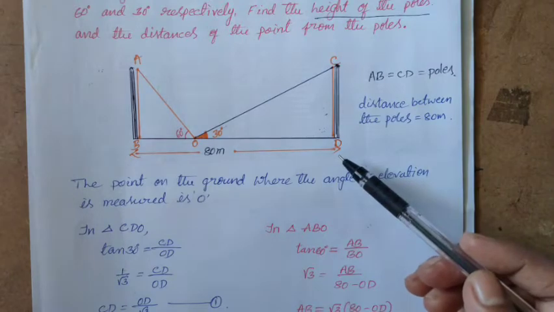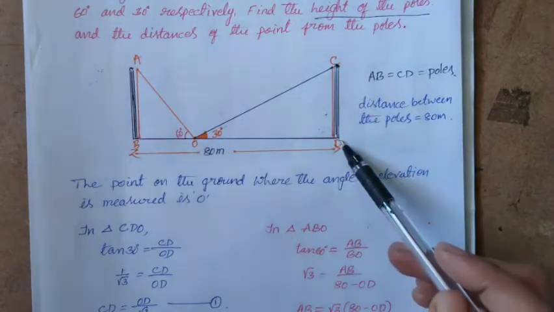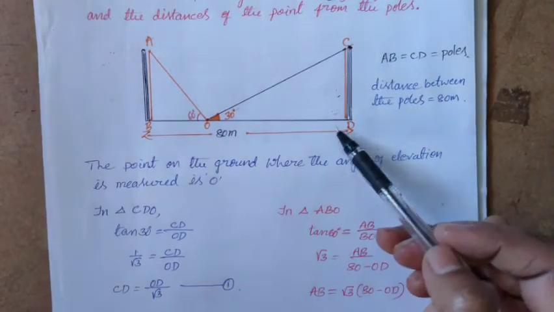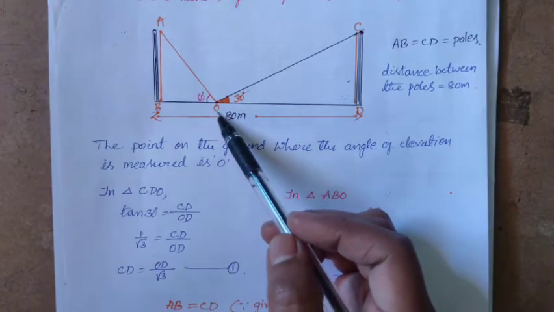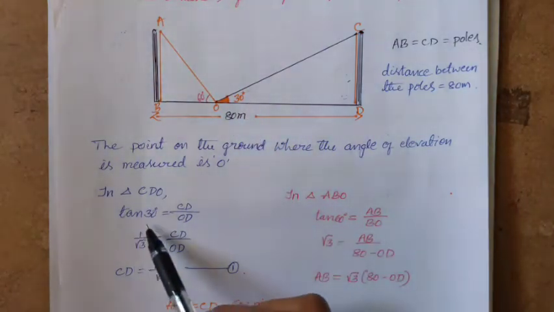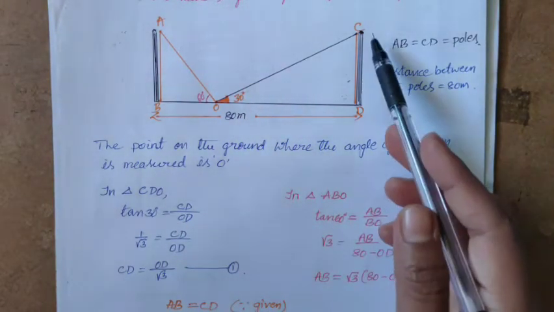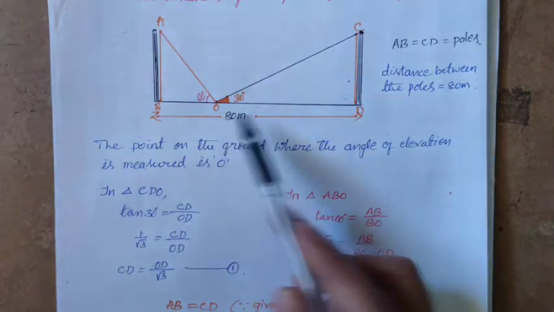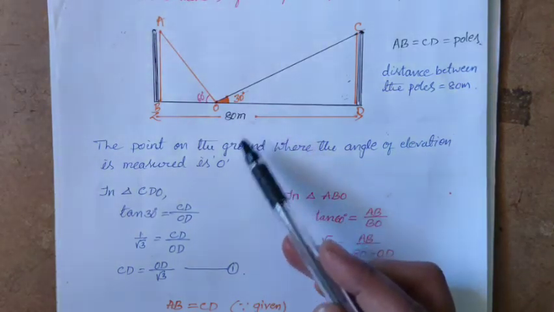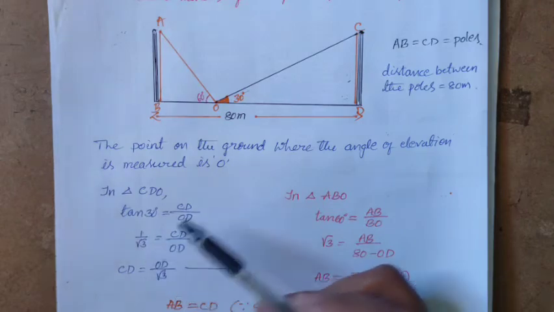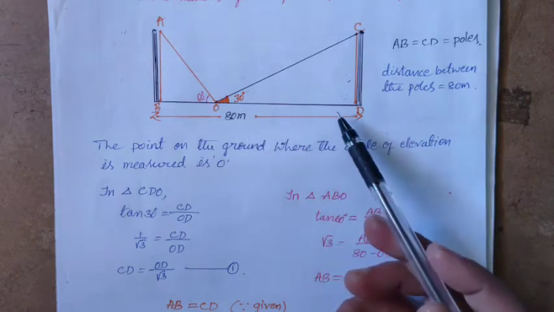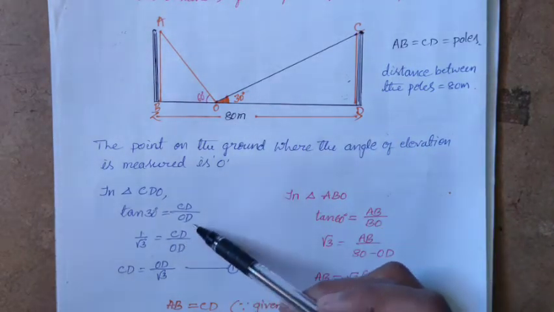So I select tan 30 degree. First I select triangle CDO. Observe this one. You can observe the triangle very carefully. So in triangle CDO, elevation is what? 30 degree. So tan 30 degree is equal to opposite, CD, divided by OD. So write CD by OD. What is tan 30 degree value? Yes, it is 1 by root 3. Write CD and write OD. CD I don't know, OD is also I don't know. So that's why you can write as it is, CD by OD.